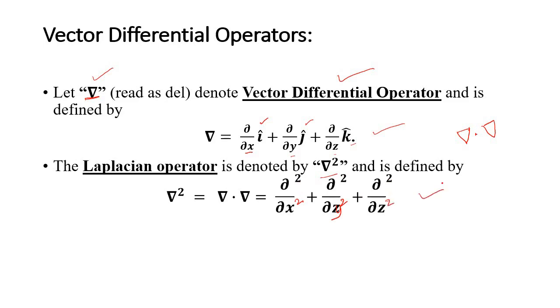This gives the Laplacian operator. Now using these two operators, mainly the first one, the vector differential operator del, we are going to define three important definitions: one is the gradient, the second one is the divergence, and then the curl. These three are very important throughout vector calculus. And in gradient we are going to define three more definitions, and here we are going to use these two for some important results. First, we'll discuss the gradient of a scalar.